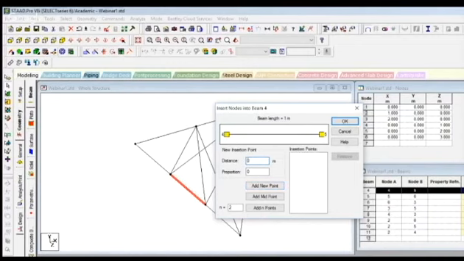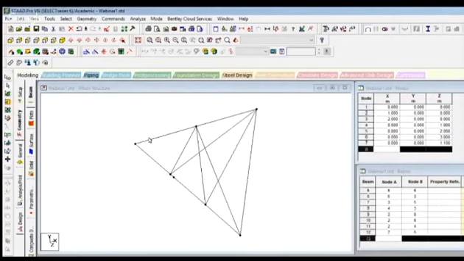Right now the beam length is 1 meter, so you could just mention 0.1 meter. So 0.1 meter will be from node number 4. Say add new point, insertion points, then click OK. You can see there's one node added at a distance of 0.1 meter from this node number 4.